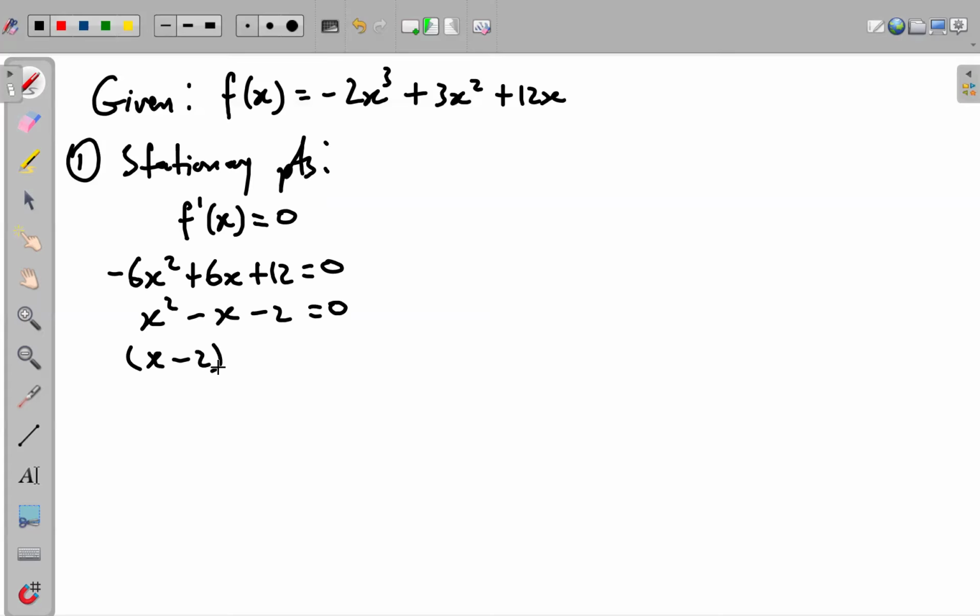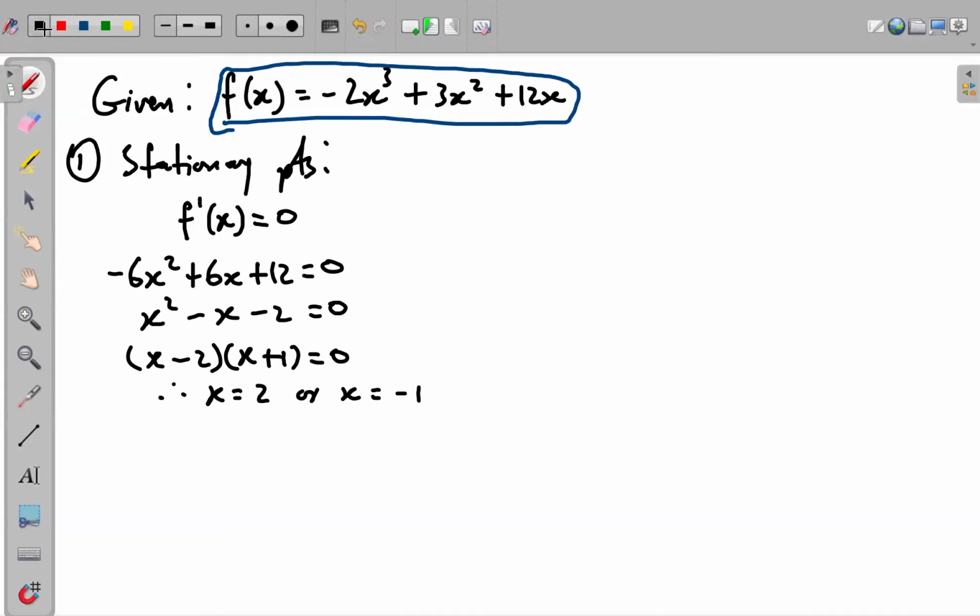So now I can factorize, and I establish that there is a stationary point at x equals 2 or x equals negative 1. But because they want the coordinates, I have to substitute these into the original so that I get the